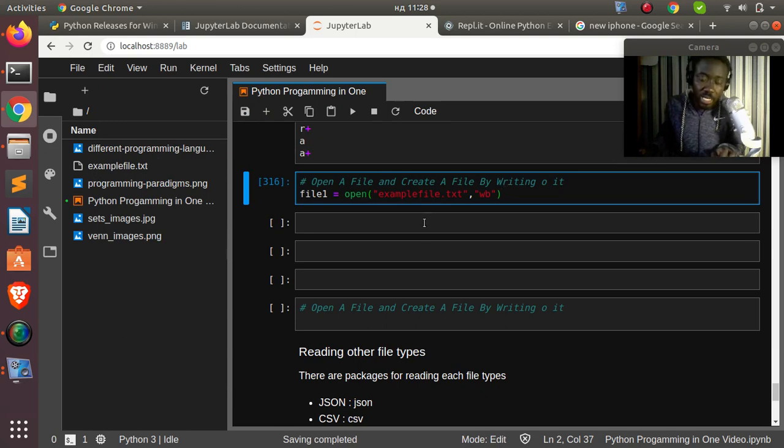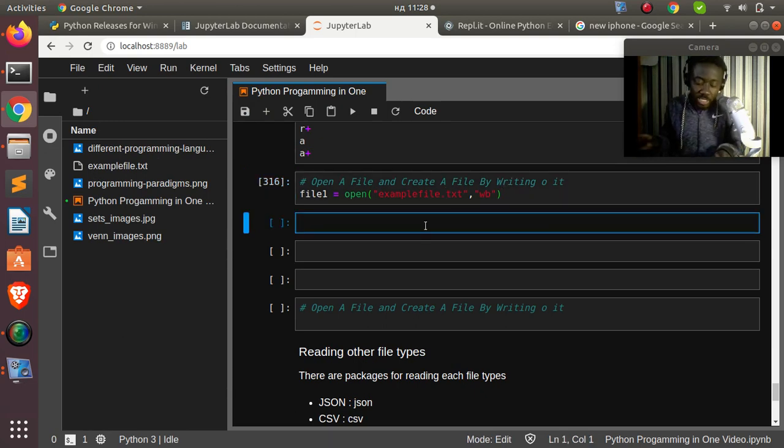Perfect. So now let's see how to write something to it. To write to it, I just go with file 2 or file 1, right? Dot write. Then I'll write it. Since I went with write byte, I have to specify a byte format with a B. Then I'll pass in my stuff. So let's say if I go with this option,